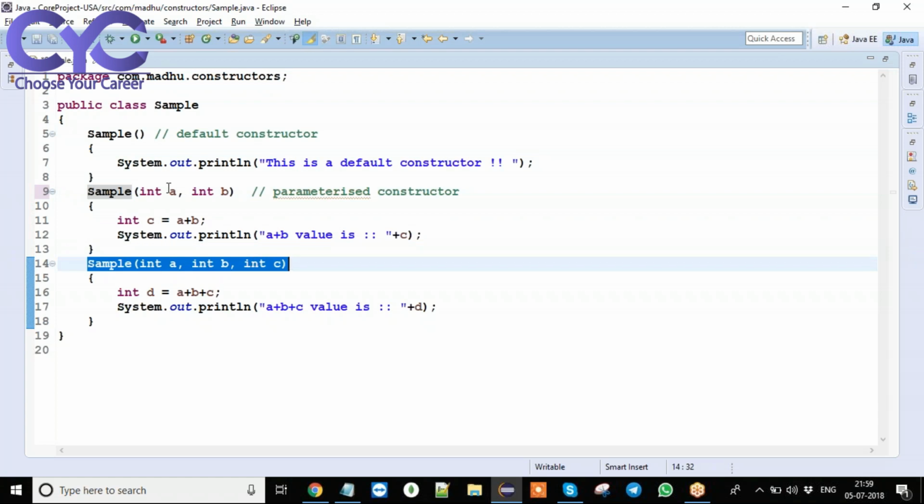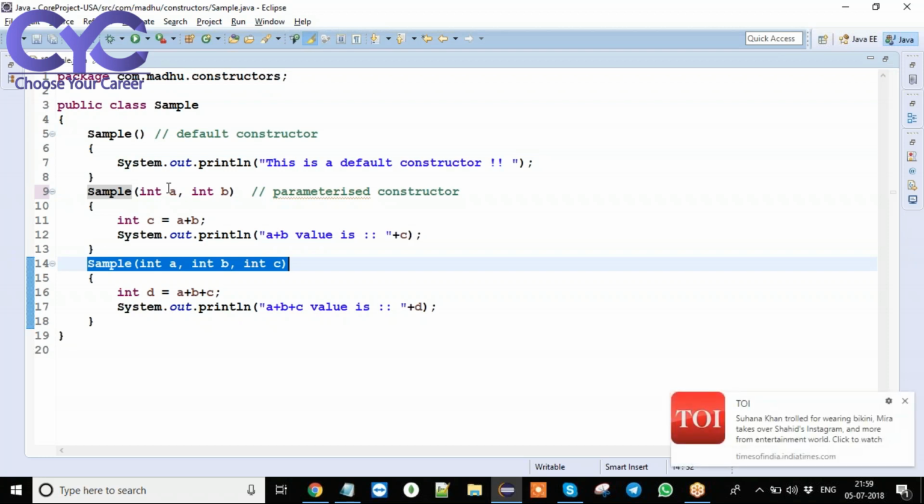That's my intention here. Method overloading means what? Same method name with a different number of arguments. Here also same constructor name with a different number of arguments. So similar to method overloading, constructor overloading is also possible in Java. Here we are overloading the constructor.